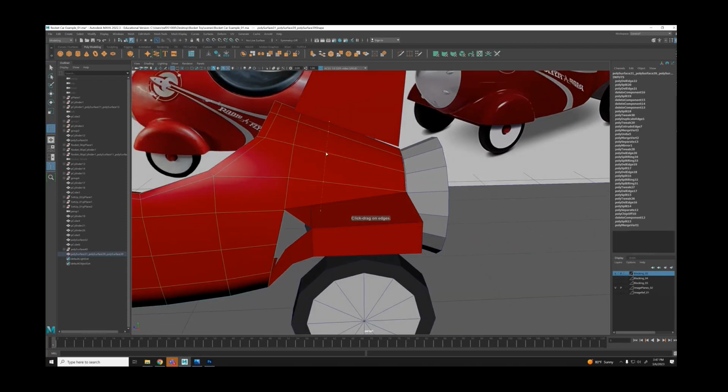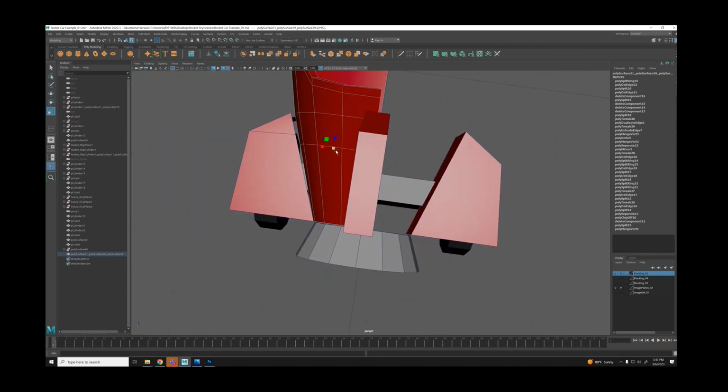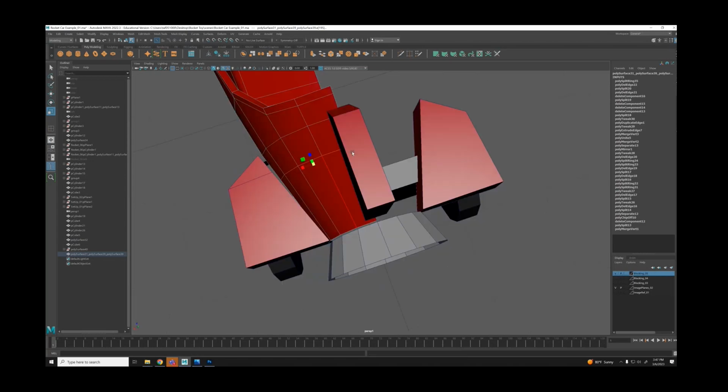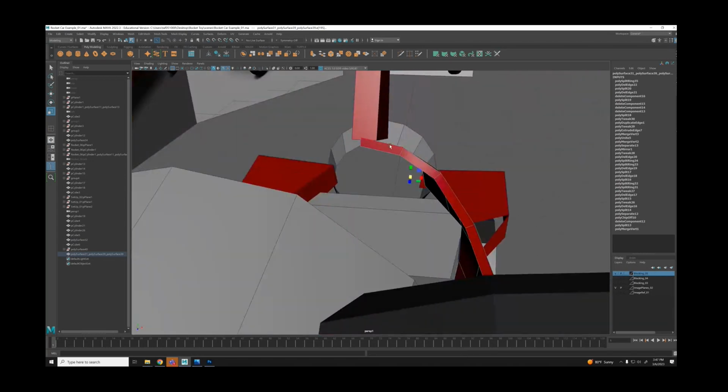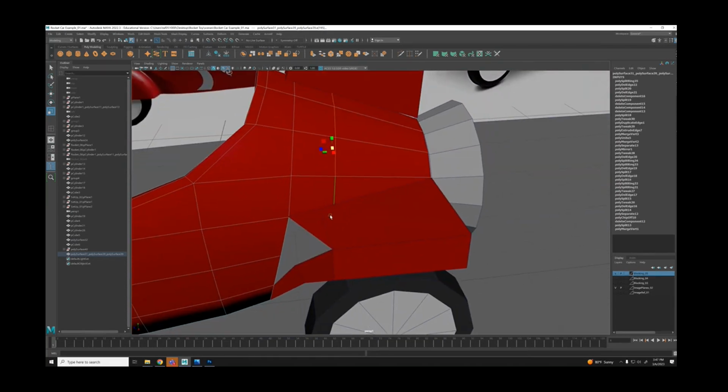If I was to add another edge loop, maybe someplace about there, and I'm probably going to have to go in and scale it. You guys have kind of seen some of this as we go. I'm not going to scale it just yet because I only have half of my object and it gets a little bit difficult to do that. But I'm looking for ways to tie all this stuff together. So if I take maybe this back here